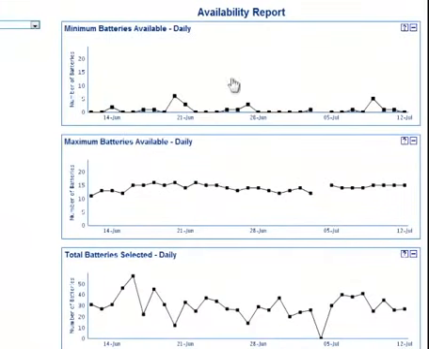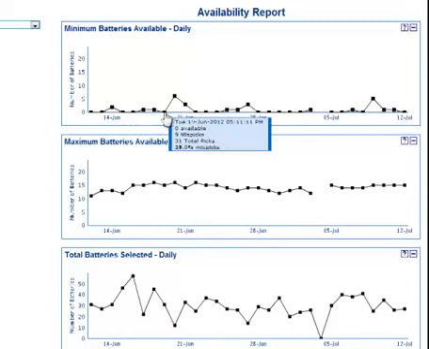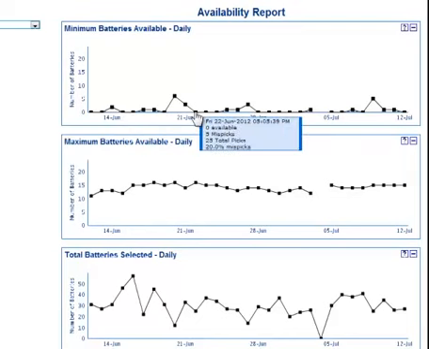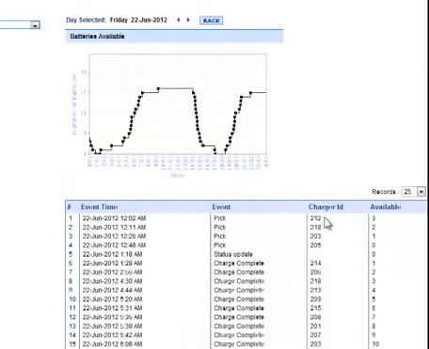Looking at the minimum battery availability is what I would do first, and generally we're looking to see if we're running out. So most places are concerned with hitting zero. These are all the days where at least at some point during the day we hit zero batteries available. I find this very instructive to drill down on these because the patterns can be immediately obvious to the managers